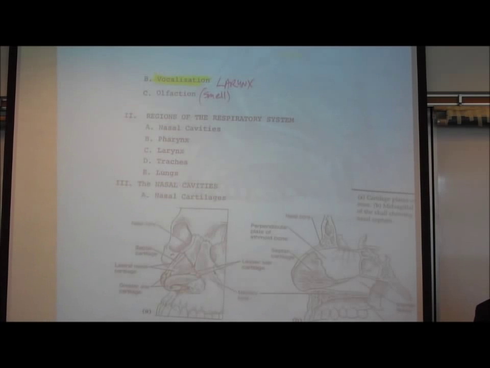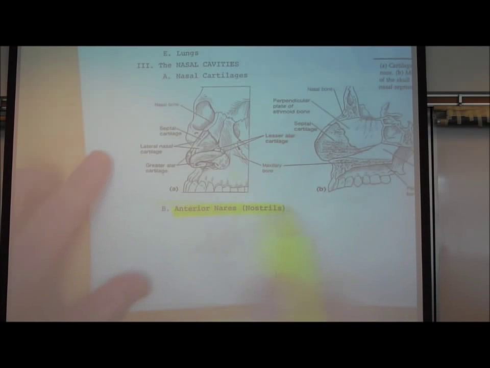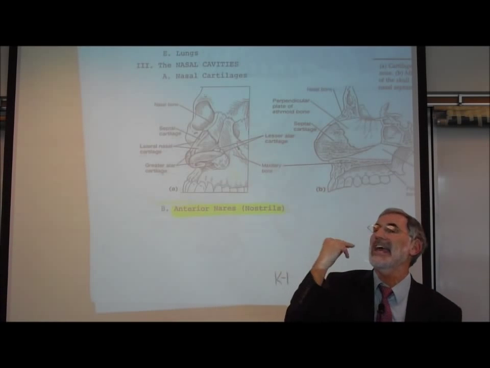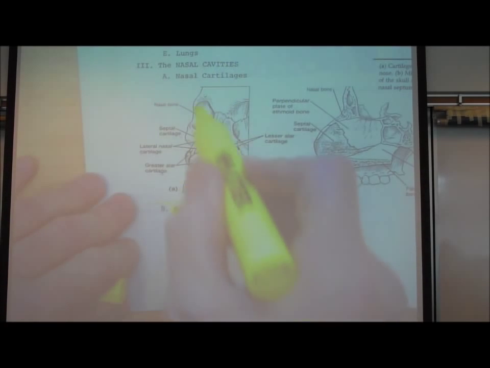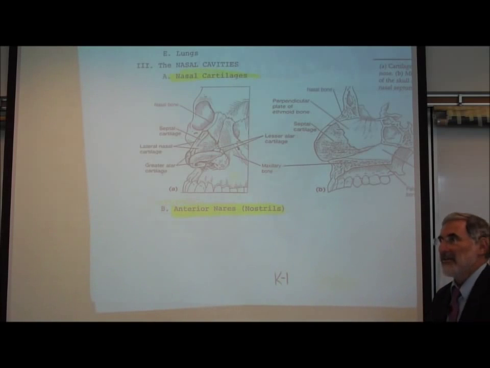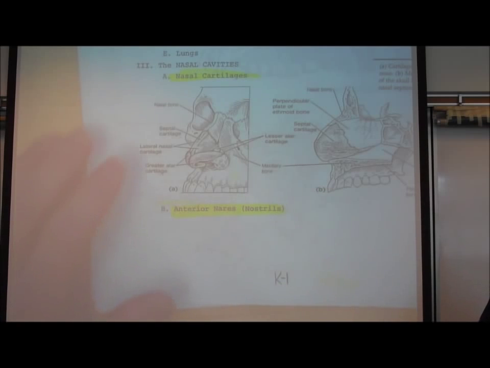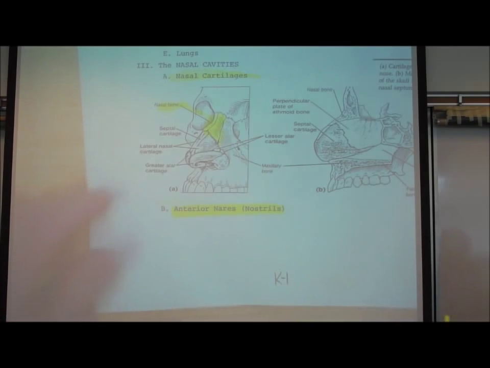First of all, we remind you that in terms of the nose, there are the anterior nares, or nostrils, right at the front. We've also learned that there are the posterior nares, or choanae, at the back of the nasal cavities. The front of your nose is made up of cartilage. These are called nasal cartilages. That's why you can move your nose. Your nose is not bone in the front, it's cartilage. The only part that's bone is right here, the nasal bones, right at the top.